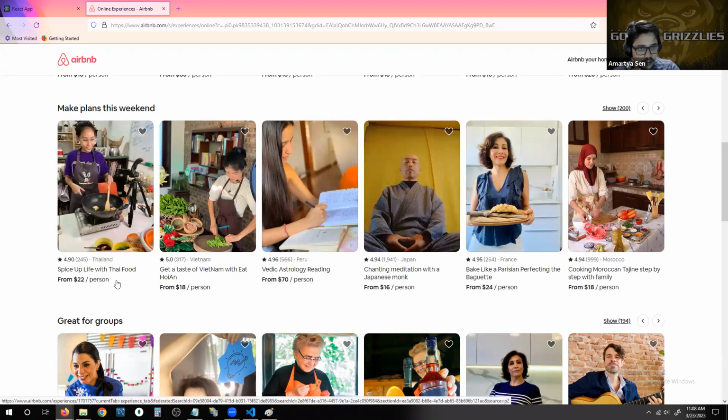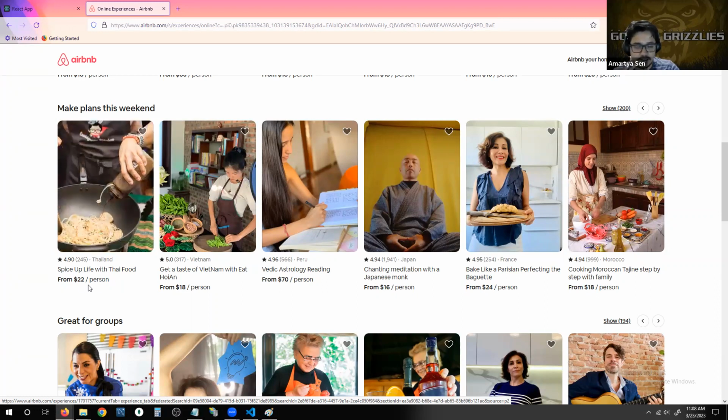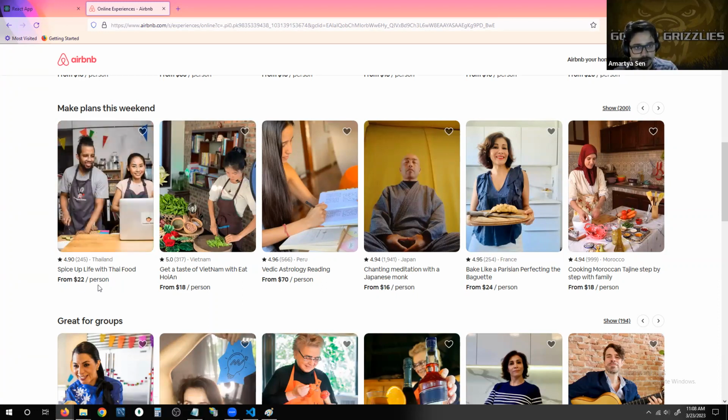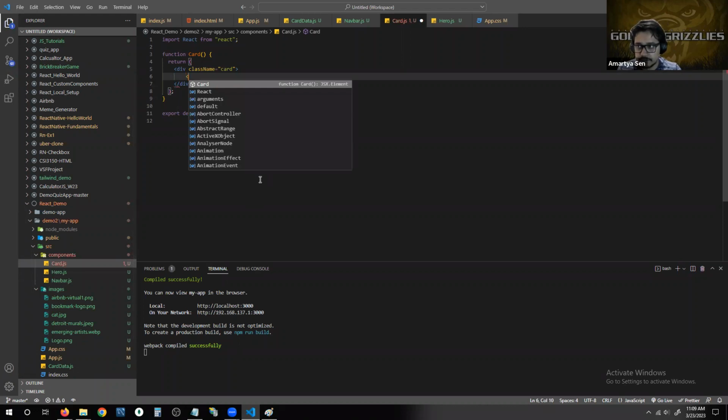So exactly in this order, I'm going to set up my component such that it renders this information as it appears. Since we are doing a clone, this is the design; if you're doing an original design, you have to figure out how you want to describe your contents. That is up to you. So we're going to do that exact same process: start with a container that will wrap my entire